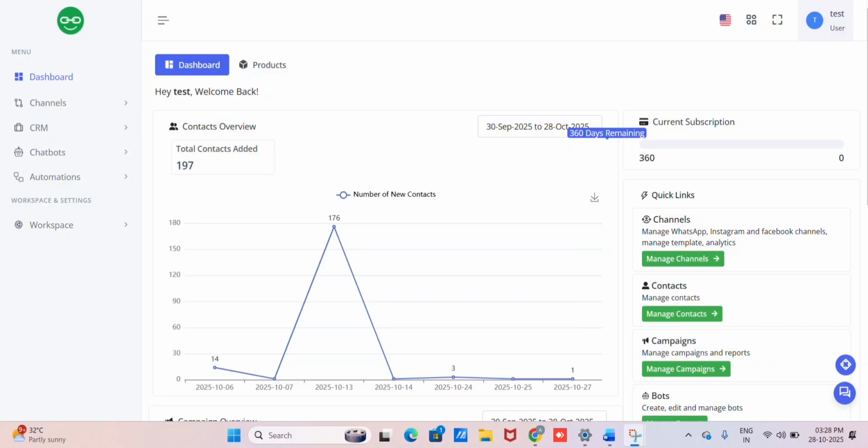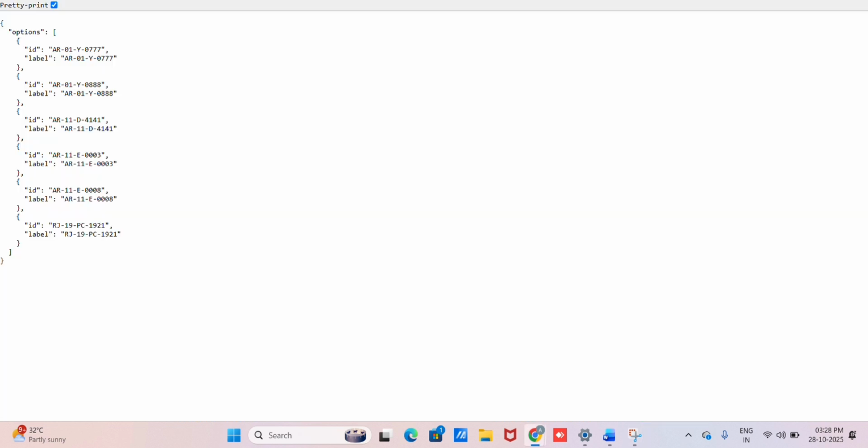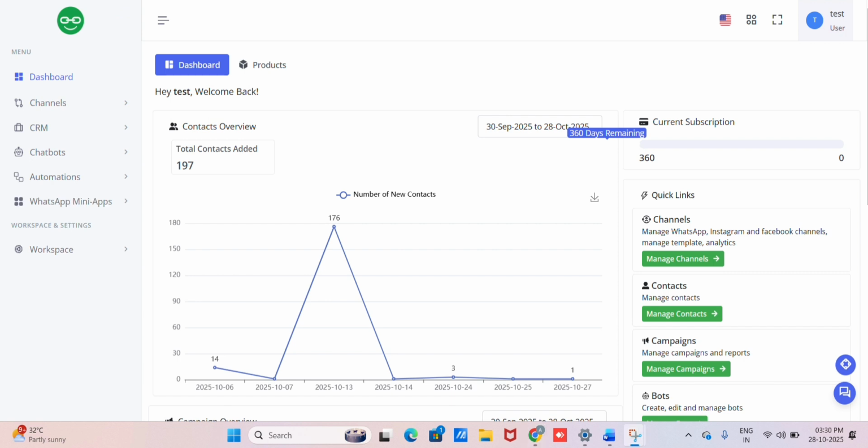In this video, we will see how to create a dropdown with dynamic options in Mini app. So here I have an API that returns these options when I call this API. To show these options in the WhatsApp Mini app, we need to create a WhatsApp Mini app with this API. So let's go to the WhatsApp Mini app